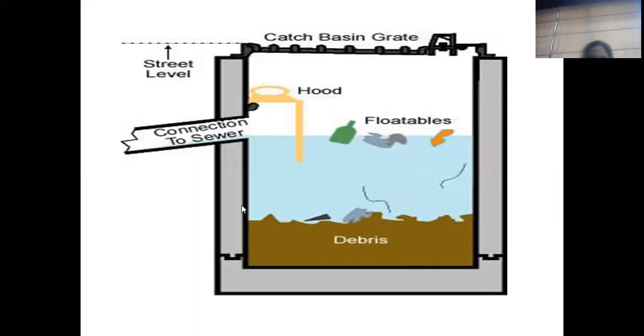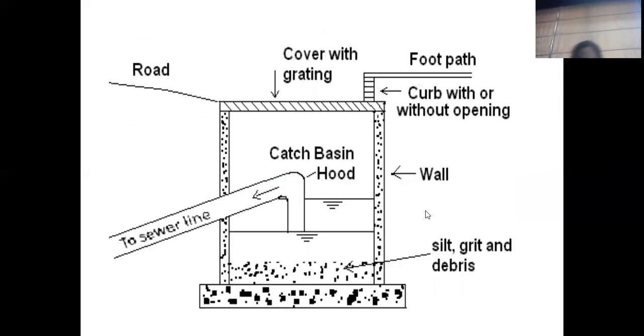At the same time, it will create a problem in the future in the treatment work, or if pumping is being done in the future, it will damage the pump. So our duty is not to allow the debris to move into the sewer line through the catch basins or the inlets. That problem is what we were facing in the catch basins. So that's why we have seen another type of inlet, that is nothing but the catch basin.